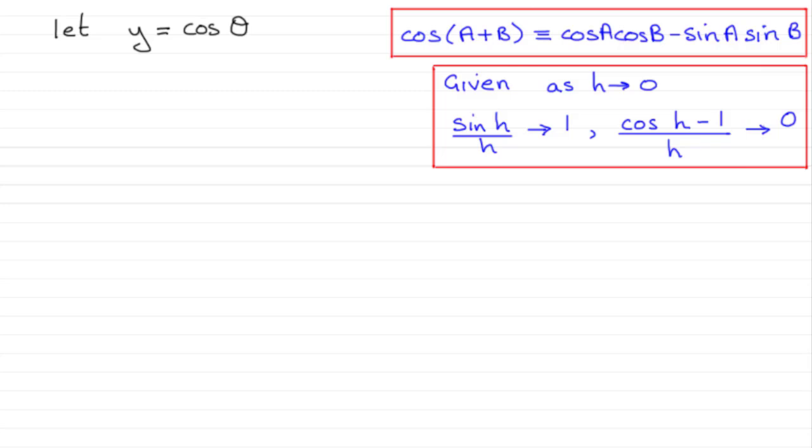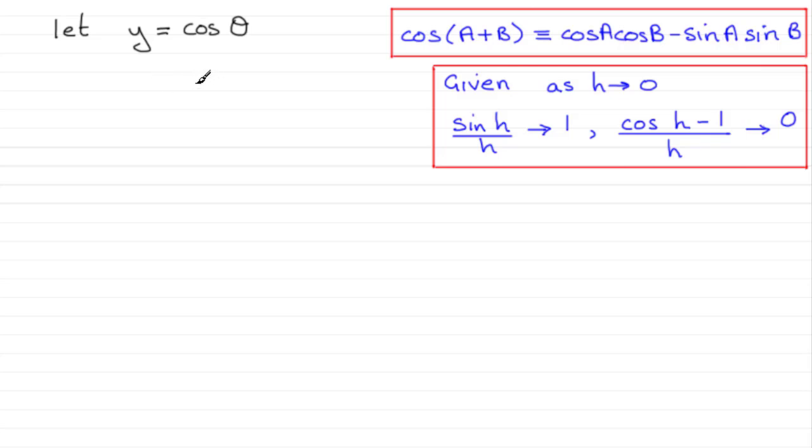Hi there. Now in this video what I want to do is show you how you can differentiate from first principles y equals cosine theta and get the result that dy by d theta is equal to minus sine theta. And what I'm going to be using are these two results that you see here that I'm taking as assumed knowledge. So what we do is we increase the angle theta by a small amount, let's say delta theta, and